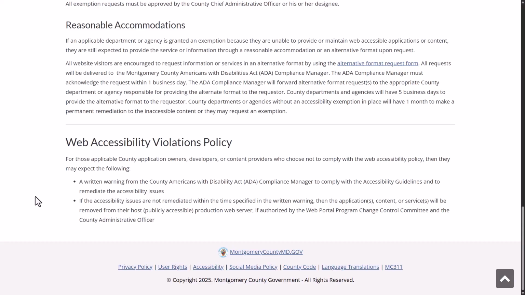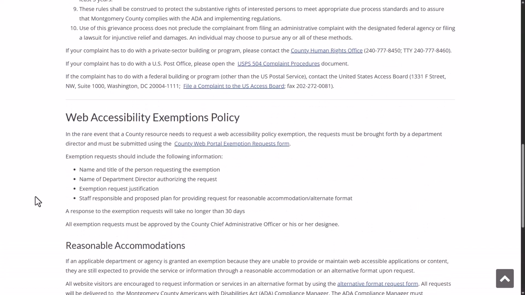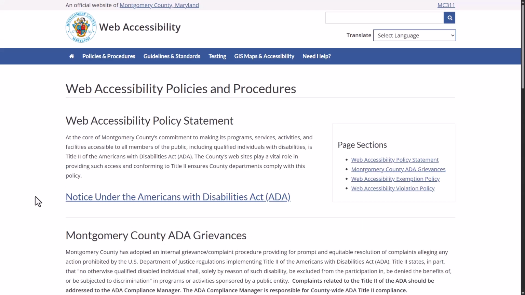For a violation, you'll receive a written warning from the ADA Compliance Manager, and if the accessibility issues aren't remediated within a set period of time, then the content will be removed from the county site system. Now we're going to go back to the top and we're going to select the next one,